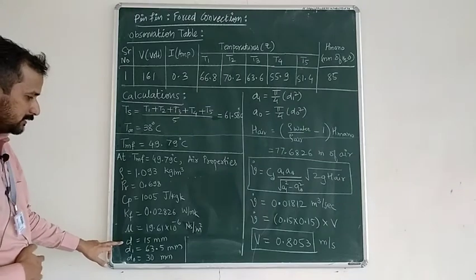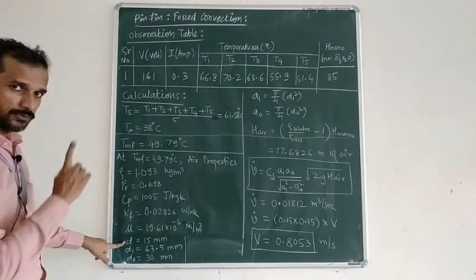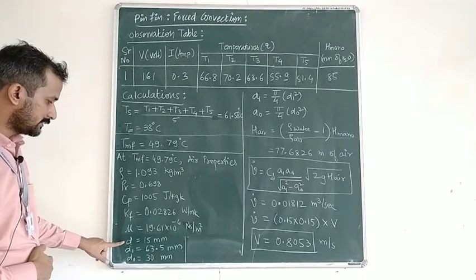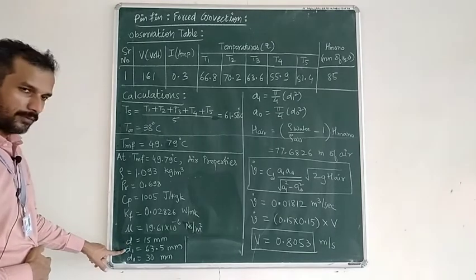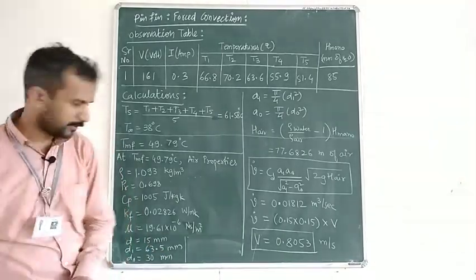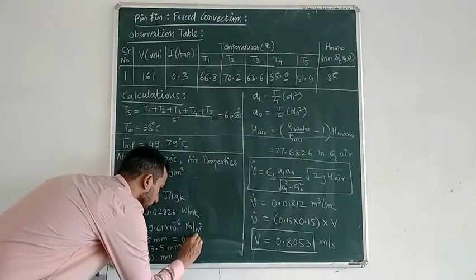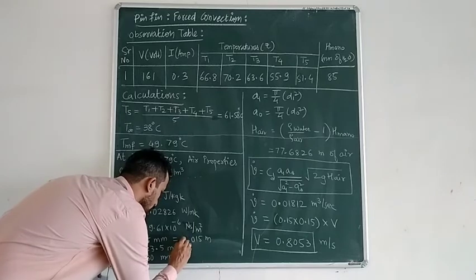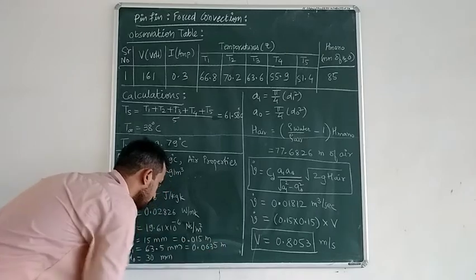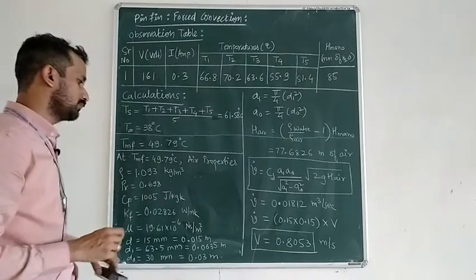At the end, I have listed the specifications for the setup, where this diameter is the duct delivery pipe diameter, as I have shown in the experimental setup. This is the diameter of the fin, this is the diameter of the delivery pipe, and this is the diameter of the orifice. Convert these values into meters, and those values have to be used for the calculations. So in meters, that will be 0.015 meter, this is 0.0635 meter, and this one 0.03 meter. So these values are to be used for the calculations.